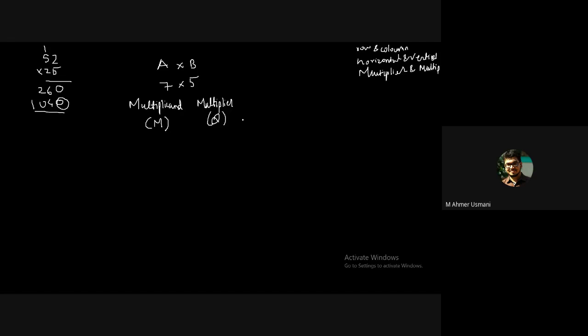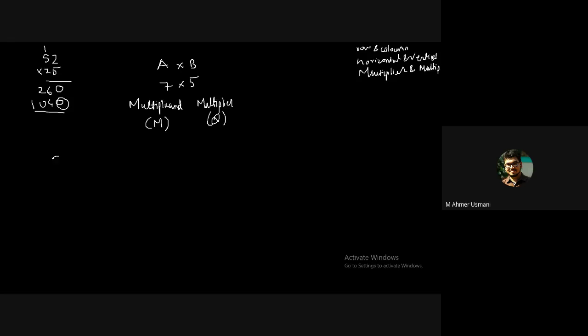Okay, there is a moment where some words get confusing. While speaking I get confused when I say row and column, horizontal and vertical, multiplicand and multiplier. Especially here I do get confused. Last time I was teaching this subject, I got confused and the students got confused. Is this clear to you? Yes, sir.